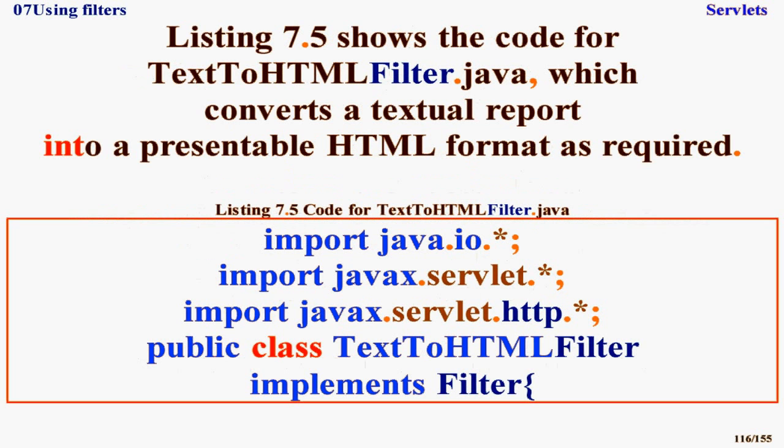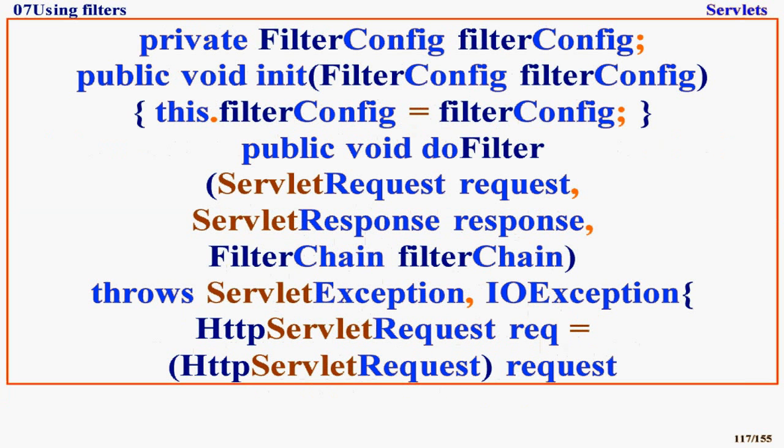Listing 7.5 shows the code for TextToHTMLFilter.java, which converts a textual report into a presentable HTML format as required. Listing 7.5. Code for TextToHTMLFilter.java. import java.io.*; import javax.servlet.*; import javax.servlet.http.*; public class TextToHTMLFilter implements Filter { private FilterConfig filterConfig;